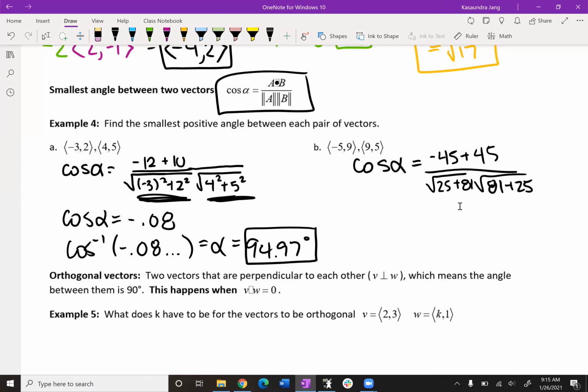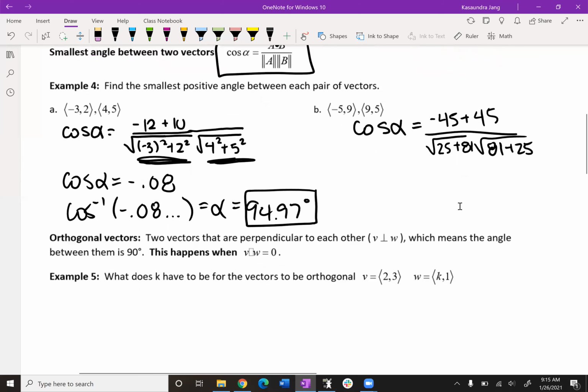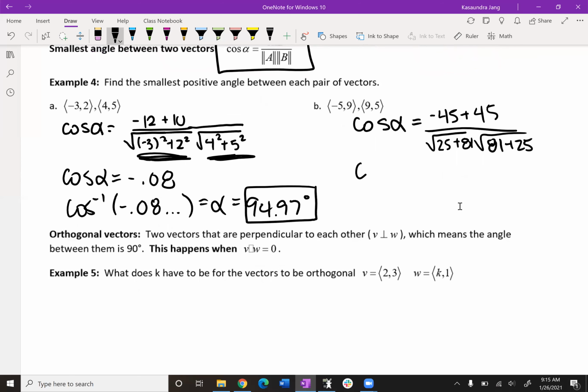All right, so I'm not even too worried about that, because 0 divided by whatever, as long as it's not 0 divided by 0, which this isn't, is still going to be 0. So I'm going to have cosine of alpha equals 0. And it looks like this is what most of us were getting, but we were thinking this was our answer. Yeah, we have to solve for the alpha to get our answer. That's why we had to do our cosine inverse